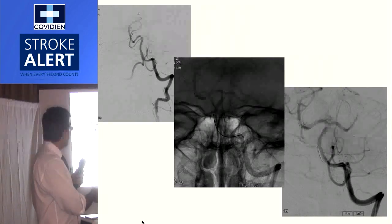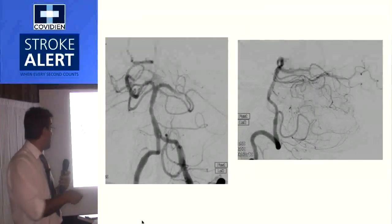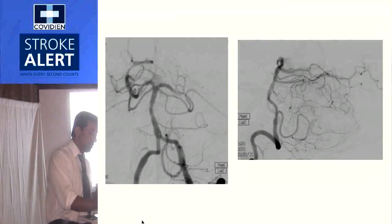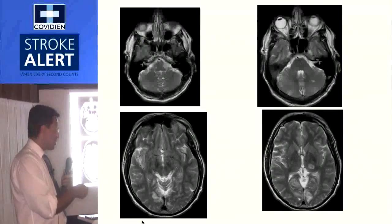You can see I have already opened up the other side, and boom, the clot has come out. And then you got a good flow, and everything is good. He did pretty well, and he was clinically very good. But if you look at an MR, which we did afterwards, and he was good, he did very well,